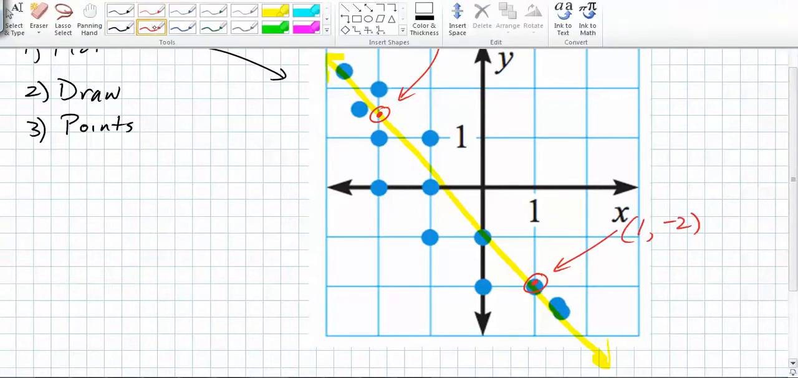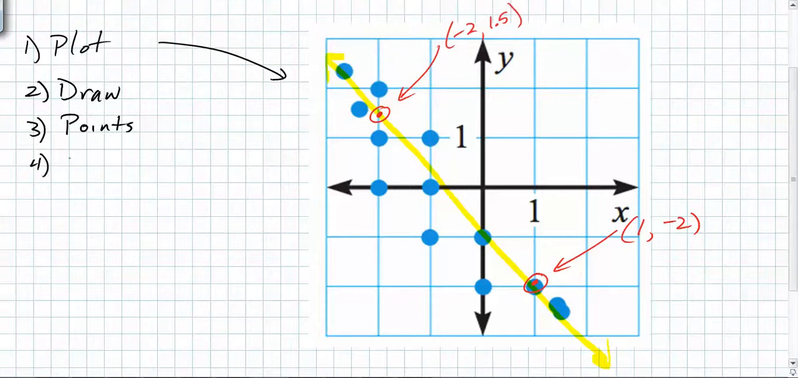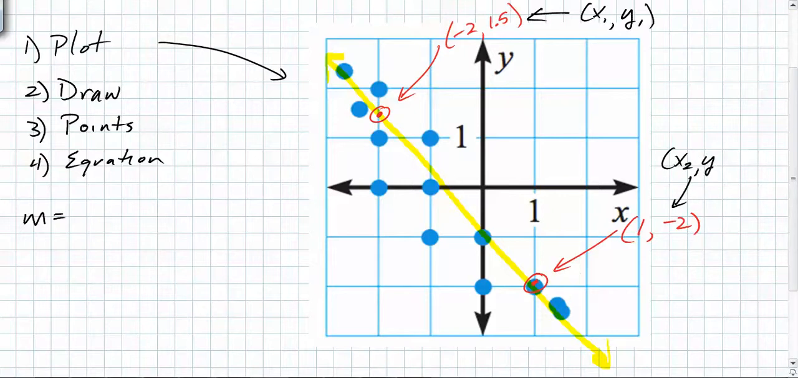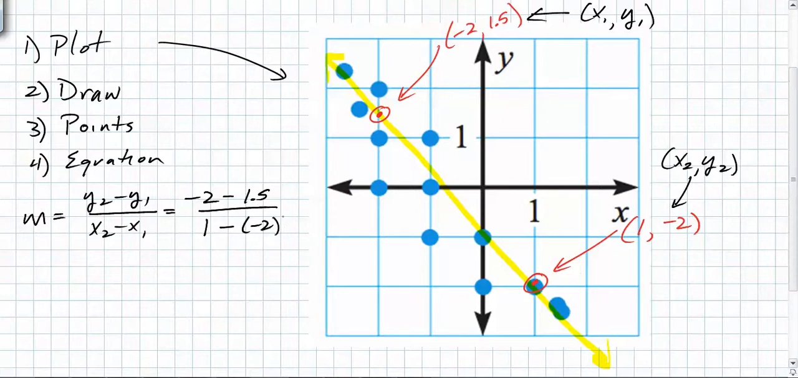After you find the points, your goal is to find the equation. You're going to do that by first finding the slope of the line. Let's call this one x1, y1. And let's call this point x2, y2. So we know we have to do y2 minus y1 over x2 minus x1. So y2 is going to be -2, and y1 is 1.5, over x2, which is 1, minus -2, which is